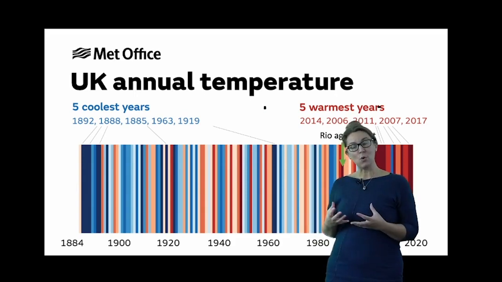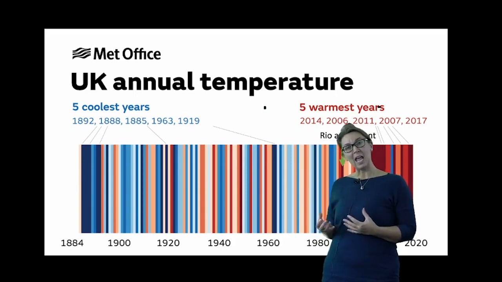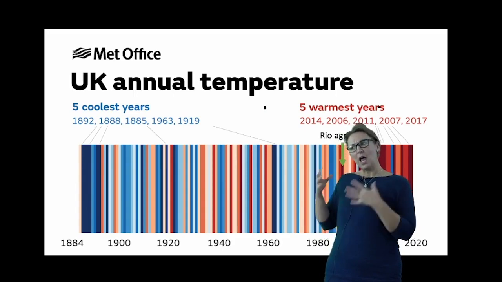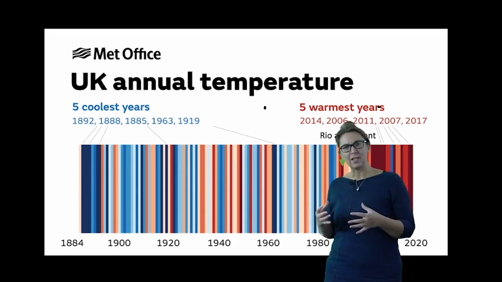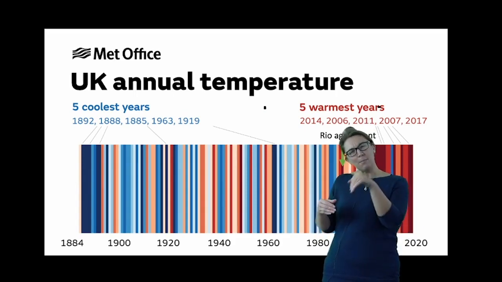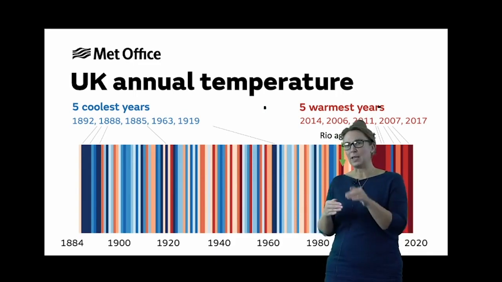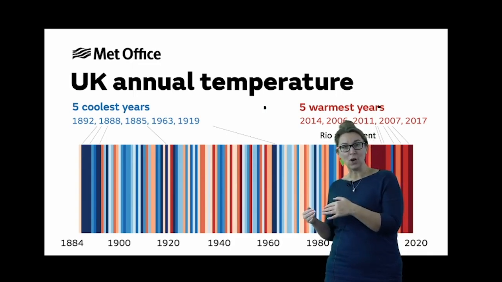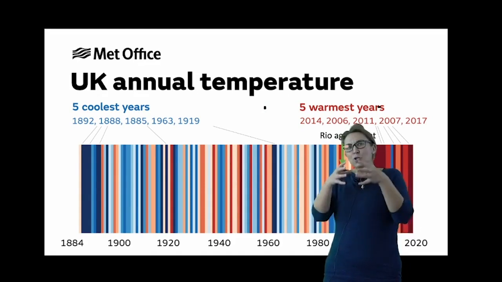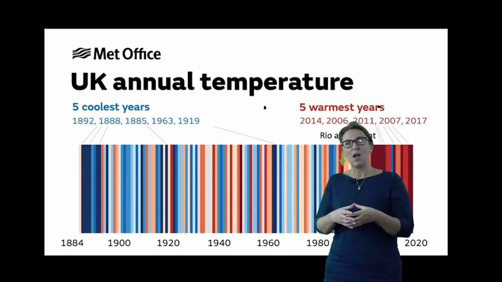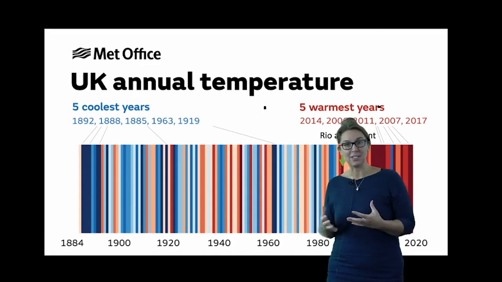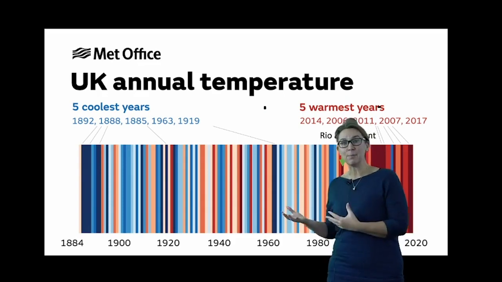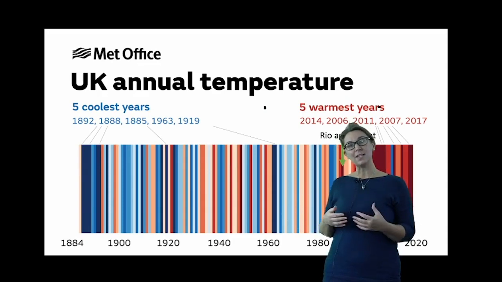This is what the climate warming stripes look like for the UK, and you can see that they become a little less obvious. They start to have years when things were a little bit warmer and things that were a little bit cooler. That is because as you zoom in on smaller scales, our climate has a chaotic element. There are some years which just happen to be warmer than average and some years that just happen to be